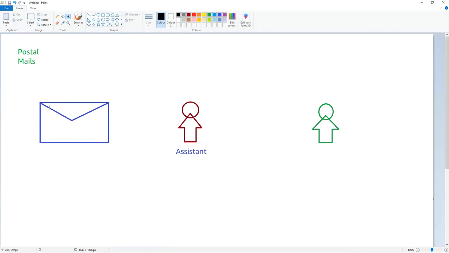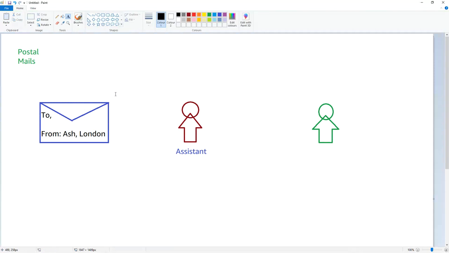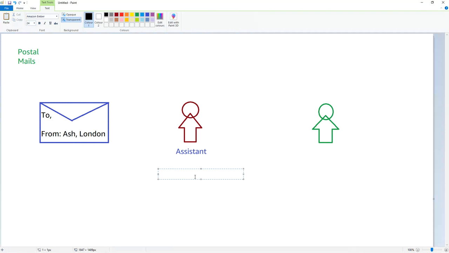These letters, when received, have information like to whom it is addressed and from where it is coming. So, from, let's say, Ash, based in Harrow in London. So from there I have sent a letter. That is one way of deciding who this person is. So the assistant can take a decision based on the letter header. Let me just call it the header. Header means information like to and from. That's all she will decide on. And this is one way of deciding whether to send this letter to the Queen or not. This is header-level information.